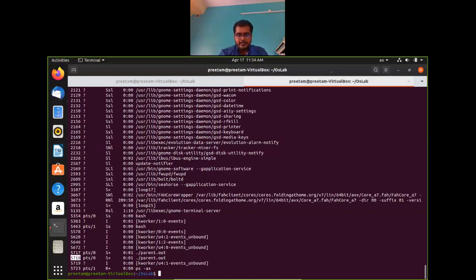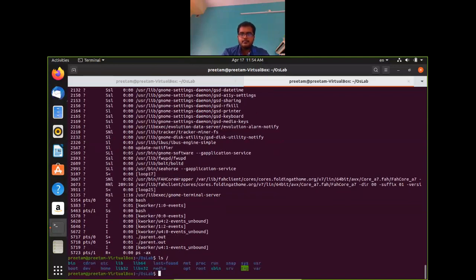So if I do ls /, that is the root folder, there are some directories over there, right? In the first class I gave you the directory details, right? So in this proc folder, the processes that are being executed, those details are there, right? So we'll now investigate within this proc folder.